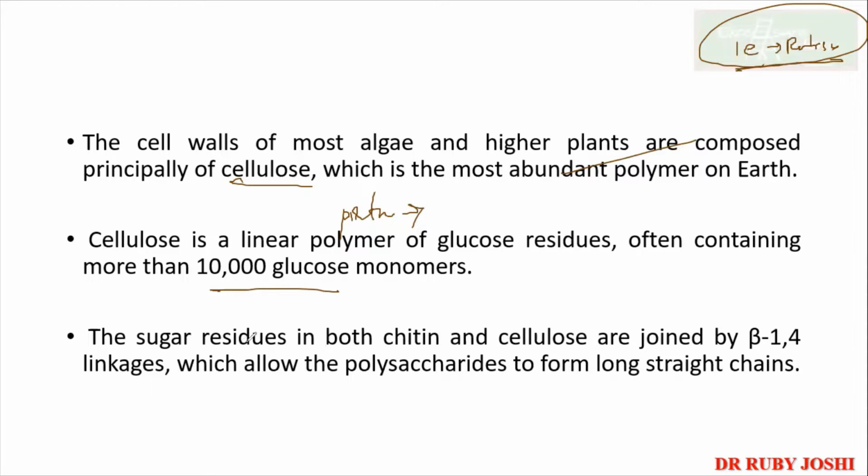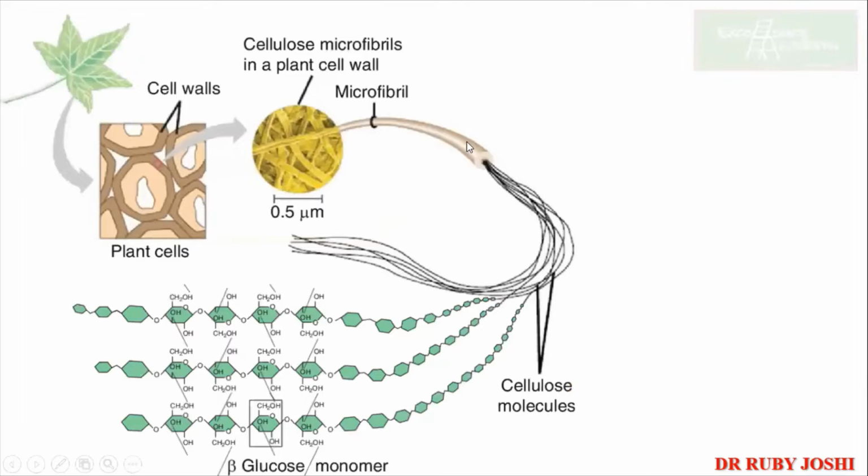and in both chitin as well as cellulose, the sugar residues are joined by beta-1,4 linkages. Okay, this is important. Please remember. Even if you don't want to remember the structure, you need to remember those. Now coming to the cellulose